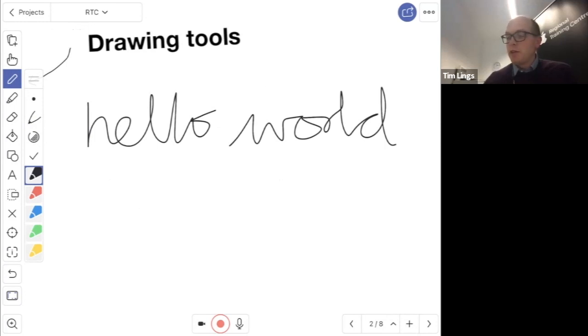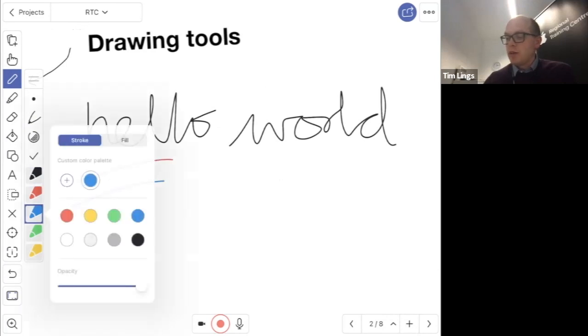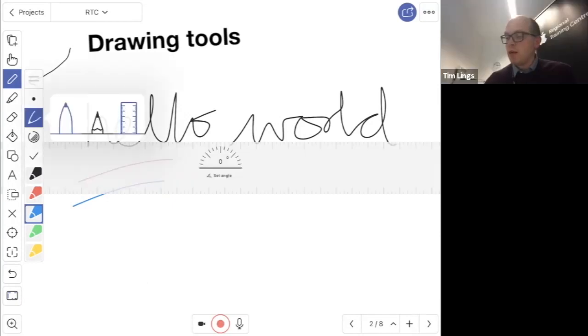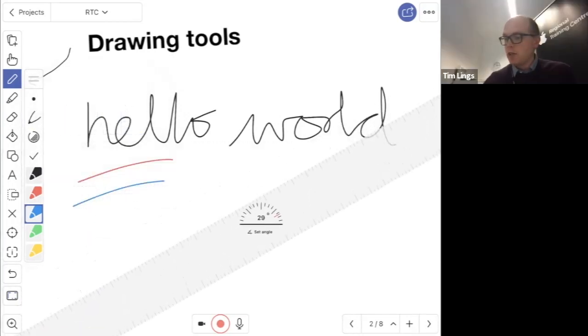But you get options, so you can choose a nice red or a blue. In fact, I think you can tap on these and choose any color. You can customize it in all kinds of ways, make the pen a bit thicker. There's even a ruler, so you can set the angle. So if you actually do need to draw a nice 29-degree angle,